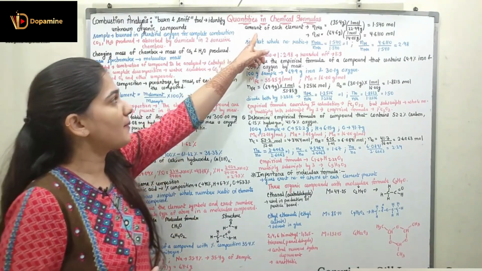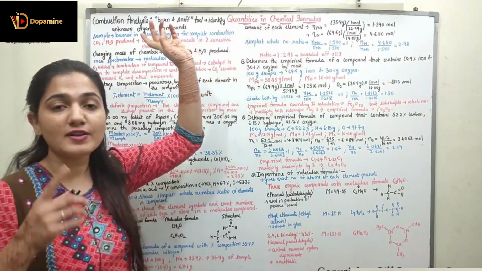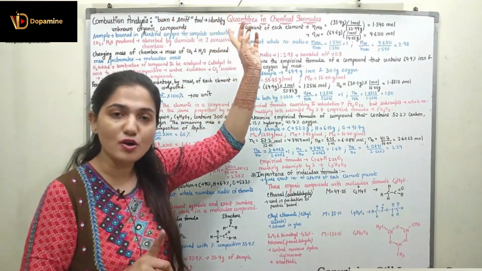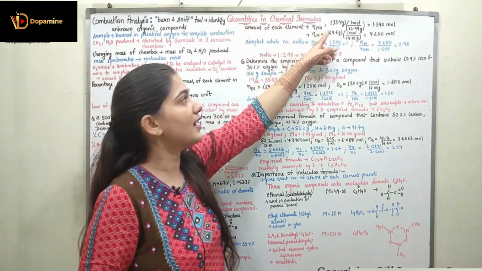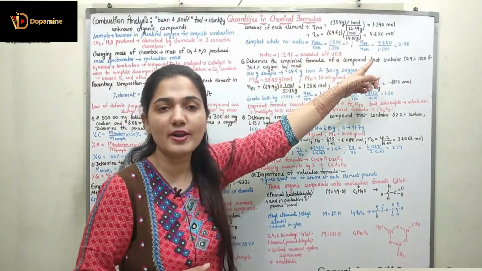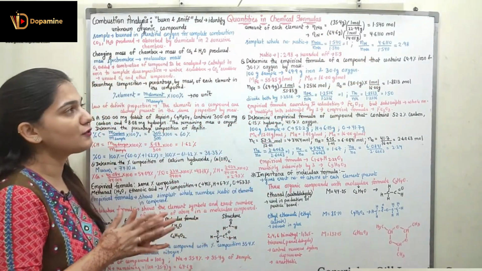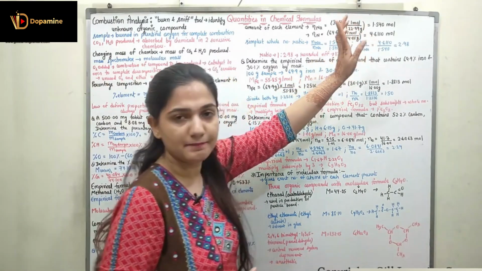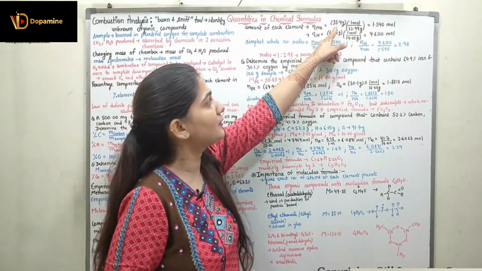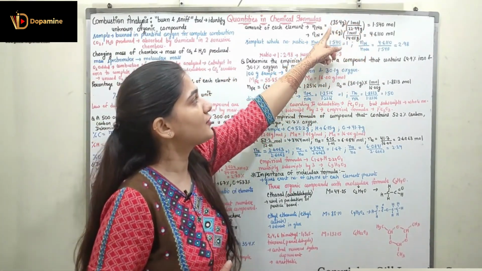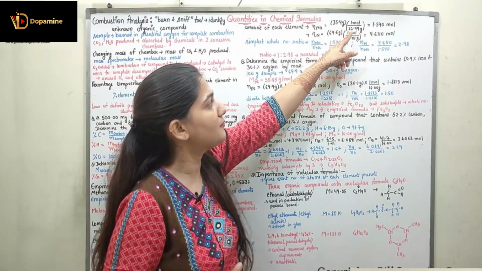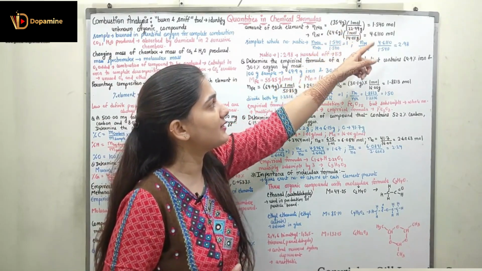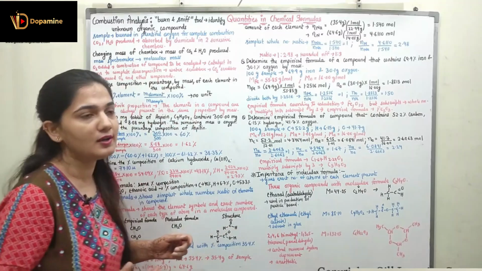Now coming to the amount of each element. First of all, we have to calculate the number of moles. For the number of moles, we are dividing the given mass by the molar mass. For the sodium, I know the molar mass is 22.99. Given mass we had calculated is 35.4. 35.4 gram multiplied with 1 mole divided by 22.99 gives me 1.540 mole.